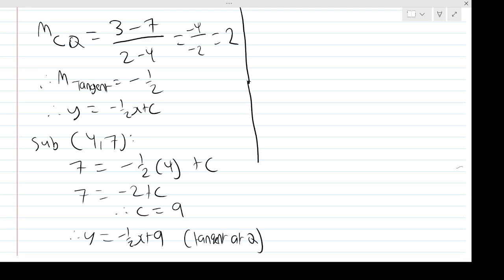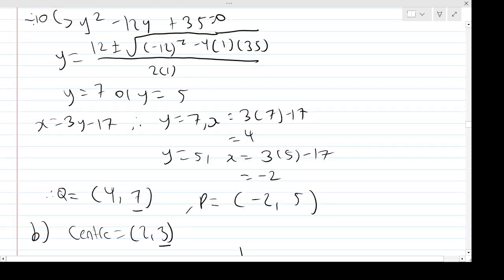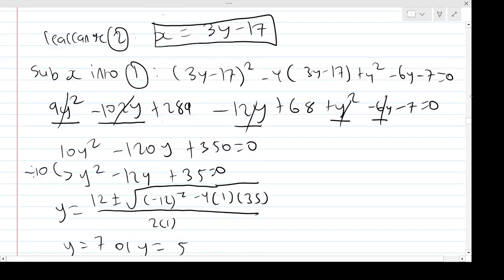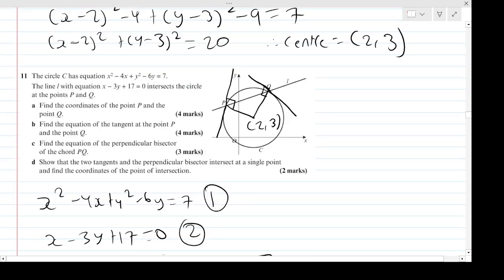Cool. So then I'm going to do the same for the tangent at P because I need to find that as well. So it's the exact same process, right? Then I need to find the gradient from P to the centre. So now I'm going to be focusing on that equation at P. So the gradient from P to C, the gradient of the radius here from P to the centre C